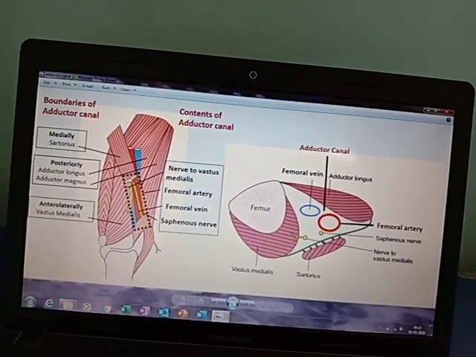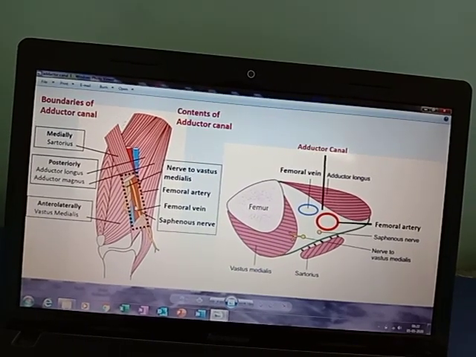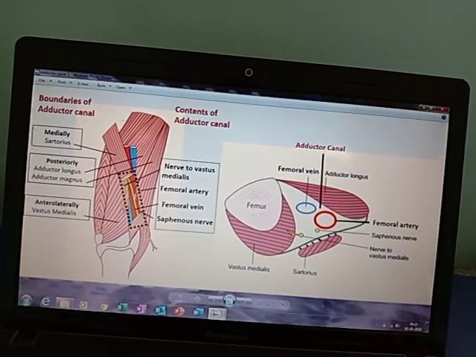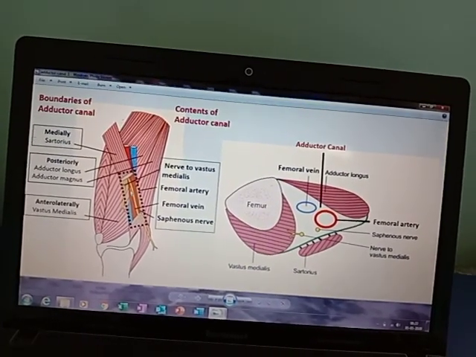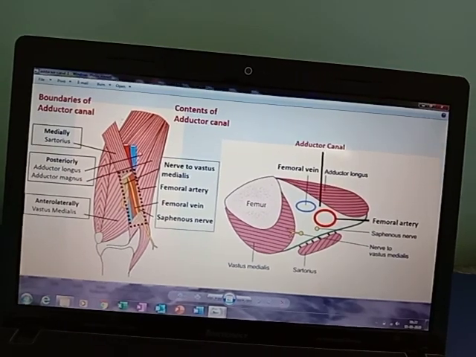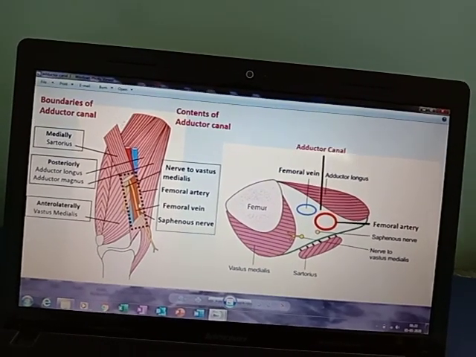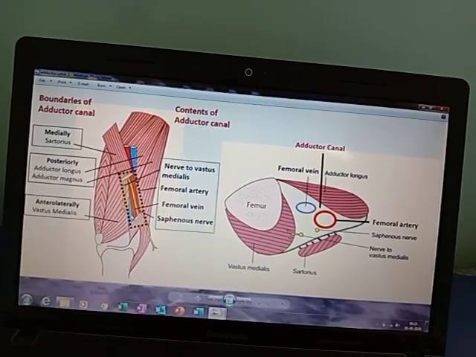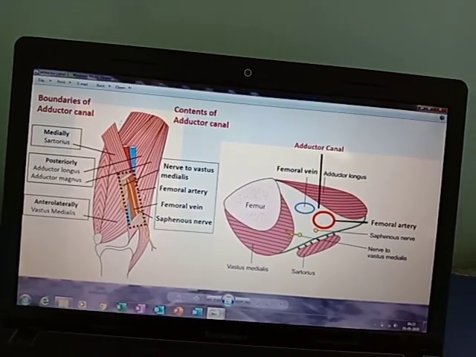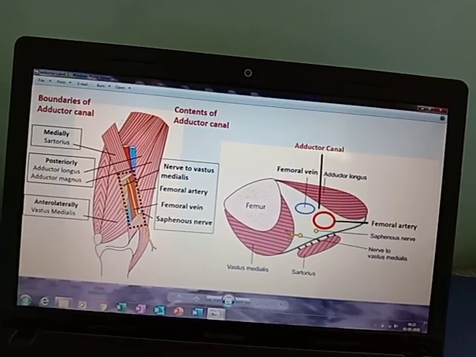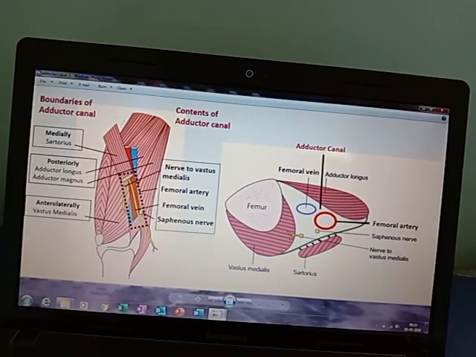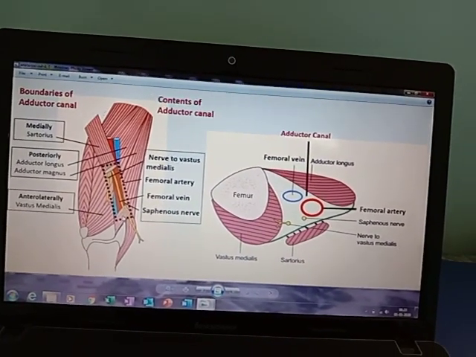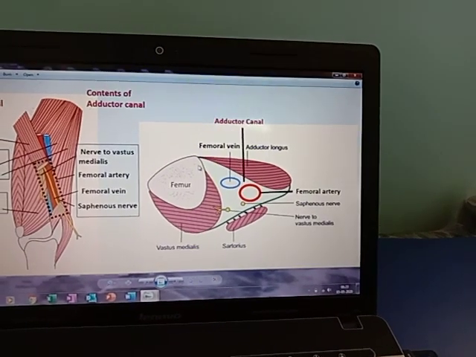At first it lies lateral to the artery and then crosses the femoral artery superficially. Then this is the femoral vein. It lies posterolateral to the artery, and this main part is the femoral artery. It lies on the adductor longus and the adductor magnus, and then goes into the popliteal fossa, accompanied by the vein and the posterior division of the obturator nerve through the fifth osseo-aponeurotic opening at the insertion of the adductor magnus.